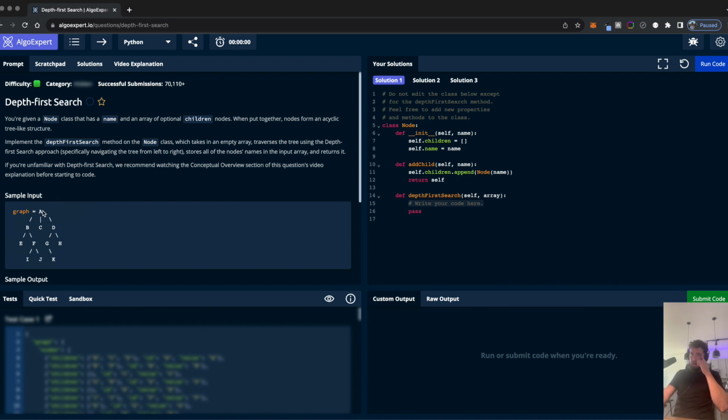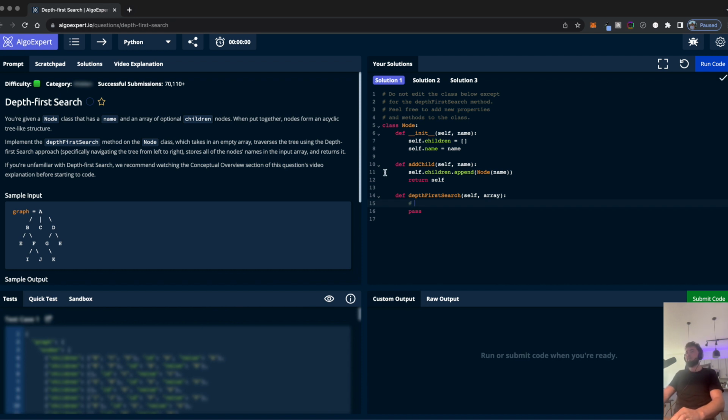So I think what it's asking is go from A, B, E, back up to B, back down to F, I, back down to J, all the way up, C, so follow D, J, or G, K, and then H. So let's think about it. First we're going to need an array to push these all to, and it's going to need to push this directly into the array.